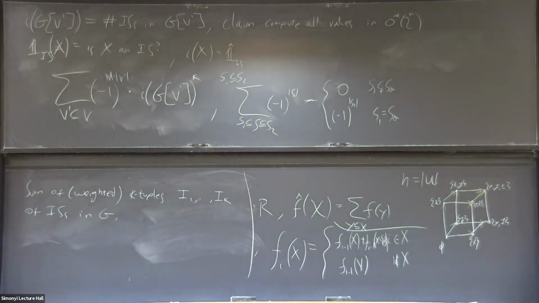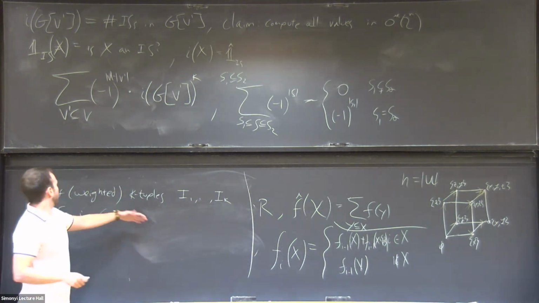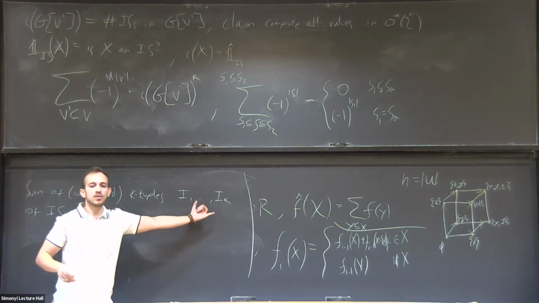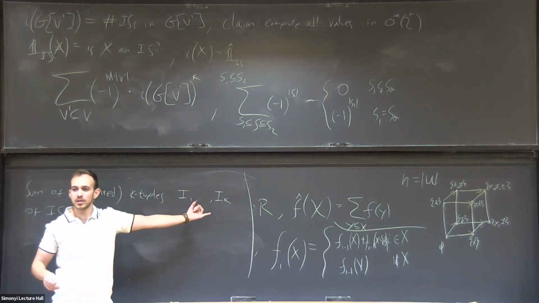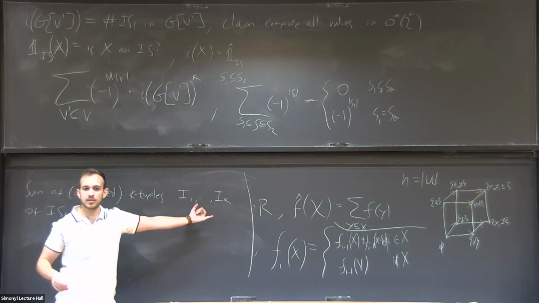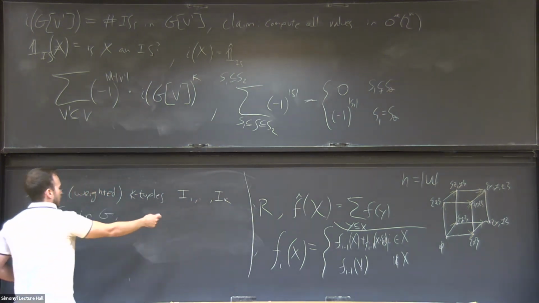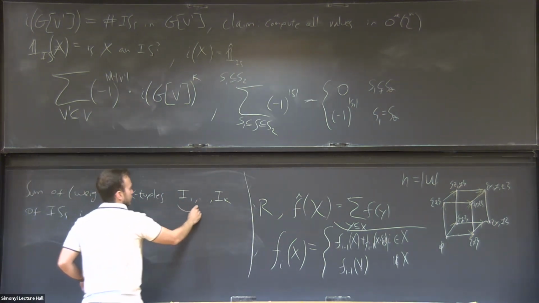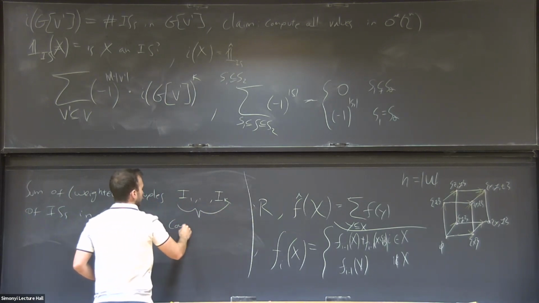And now we can ask ourselves with what weight each K tuple of independent sets is going to be counted in this thing. So a specific K tuple like this is counted